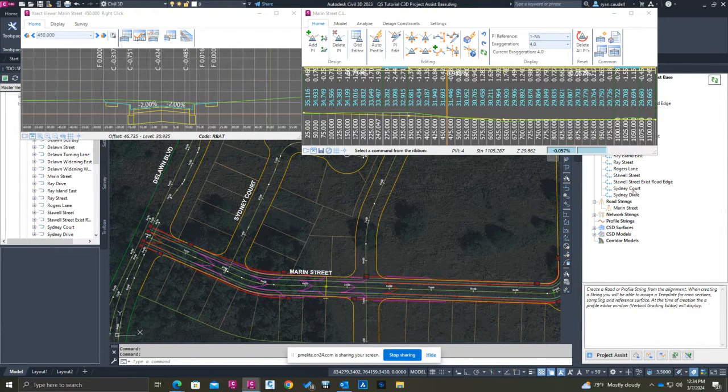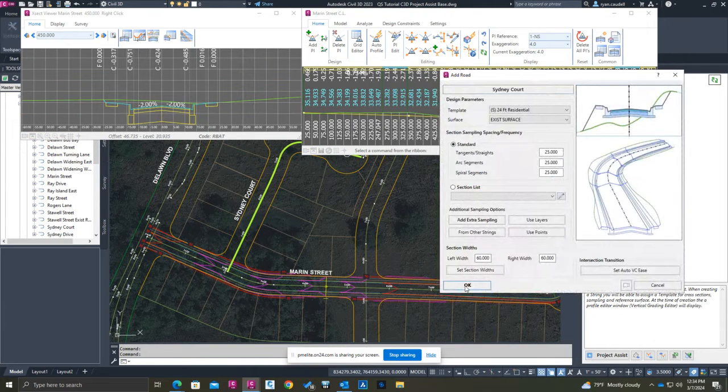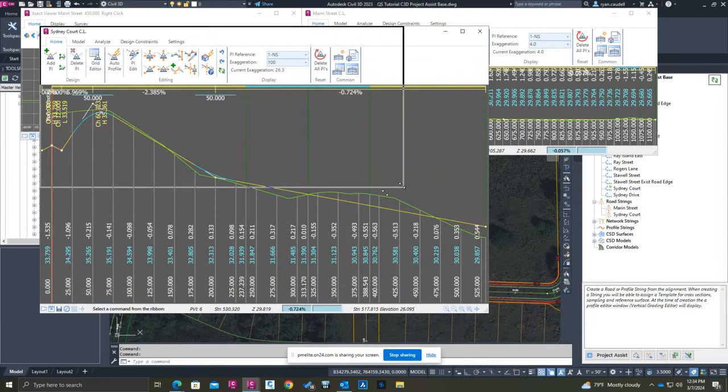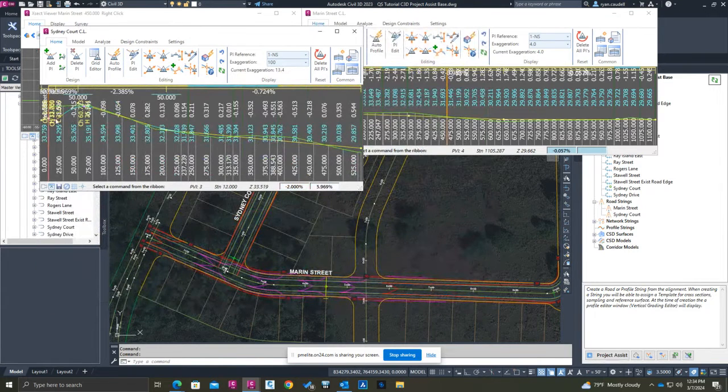So we are looking at Sydney Court. I want to create a road on Sydney Court. Click OK. So again, I can go and design Sydney Court. Now, Sydney Court is now tied to Marin Street. So if I adjust Marin Street,